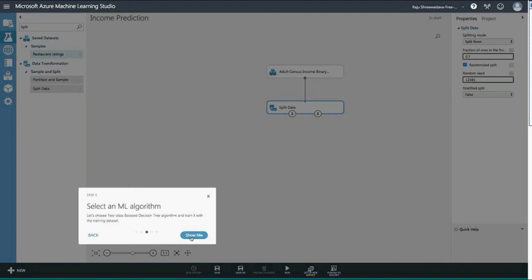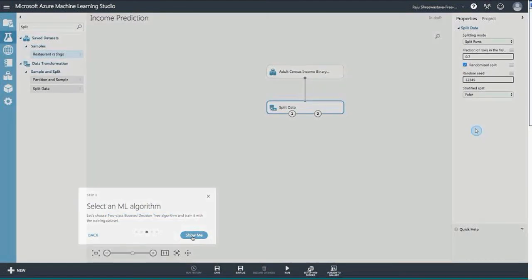So it is a classification problem, and most classifications use some kind of decision tree. Let's pick this one: two class, since there are two values. A two-class boosted decision tree. That's the algorithm we take, whether our data scientist told us or we used the cheat sheet. However we came to that, now we're going to use it.